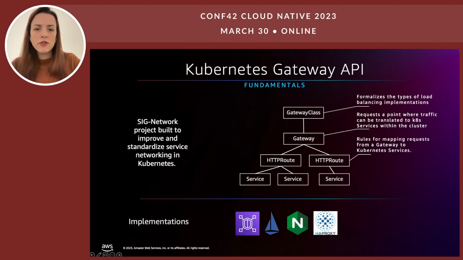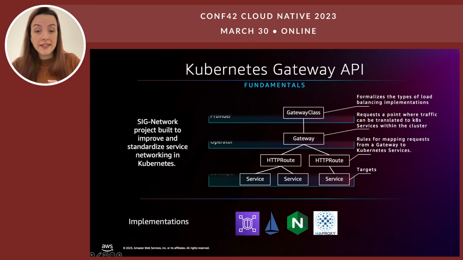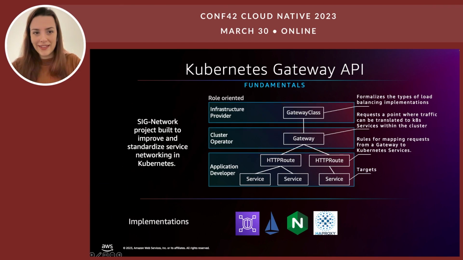HTTPRoutes are rules for mapping requests from a Gateway to Kubernetes services. And the services are basically the targets of our HTTPRoutes. A nice feature of the Kubernetes Gateway API is that it is role-oriented. We have a mapping between the Kubernetes objects in our cluster and a role within